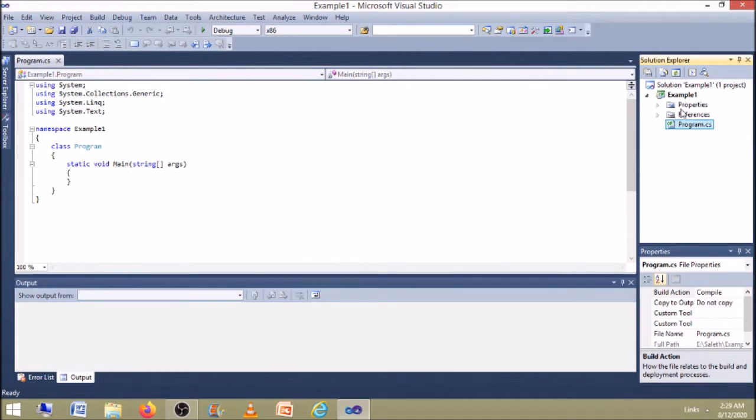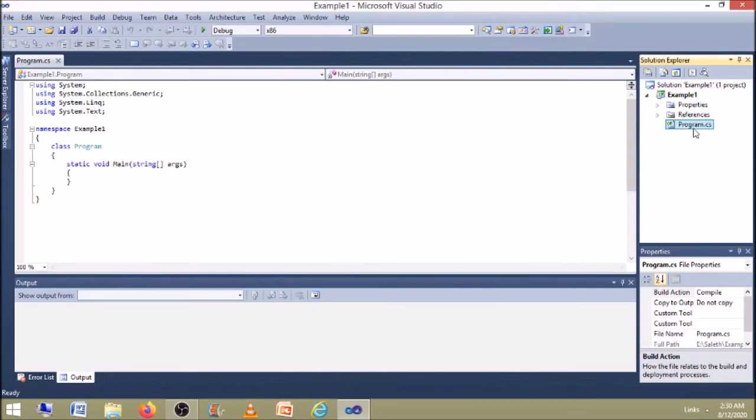Likewise, we can include some of the details in this folder called Properties. Next one is References. This is also a folder which contains the references to compiled source code. If the project uses any compiled source code, then those references will be here in this folder.